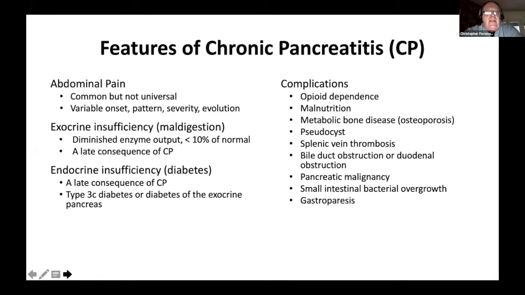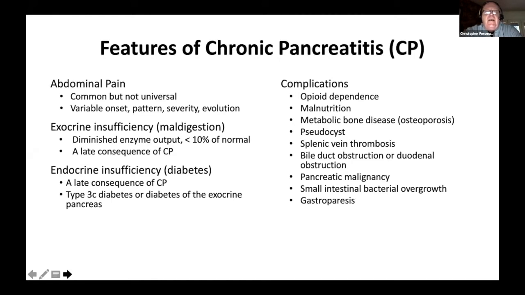pain, but it can be quite variable, both in when it starts, what its pattern is, that is is it intermittent pain or constant pain or some mix of those two together, how severe it is, how badly it impacts quality of life, and how it evolves over time, whether it gets worse over time or in some patients it actually gets better. The pancreas obviously produces digestive enzymes, and when there's a lack of those digestive enzymes, patients develop exocrine